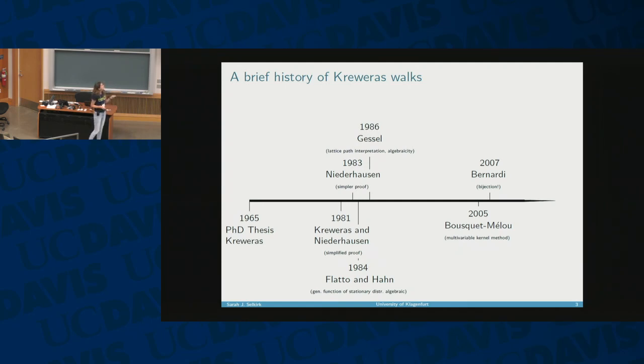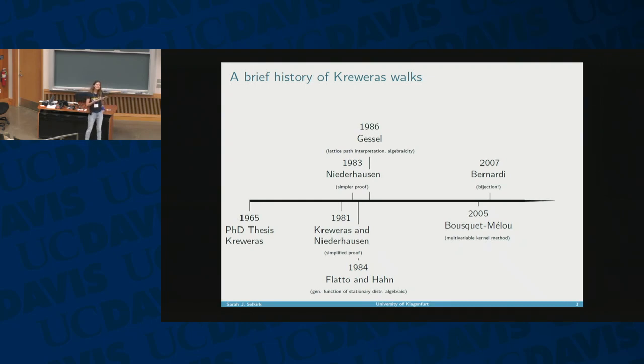And shortly afterwards, Bernardi provided a bijection, but again, not to some nice, simple combinatorial objects. Well, it depends how you look at it, but decorated planar maps, which are really nice, but it's still quite an involved bijective proof, and so there's still some idea of what can be done to somehow find a simple bijective proof. And the reason that I mentioned a little bit of the history of Kreweras walks is,